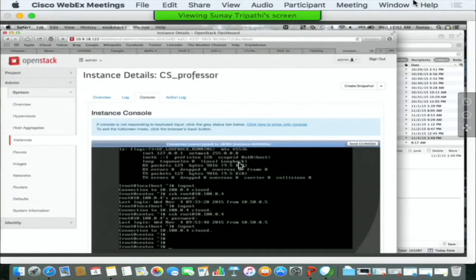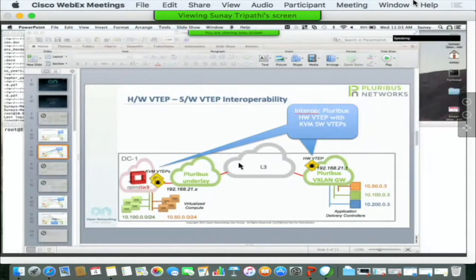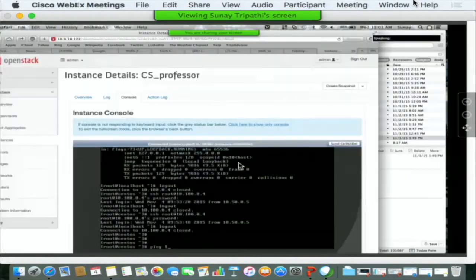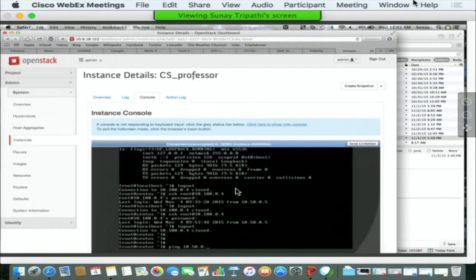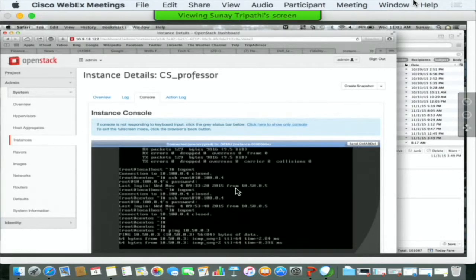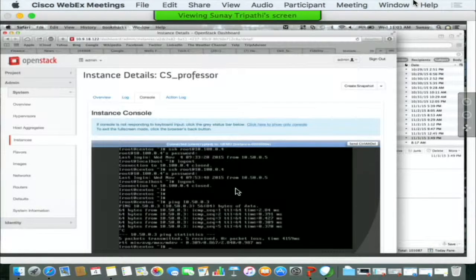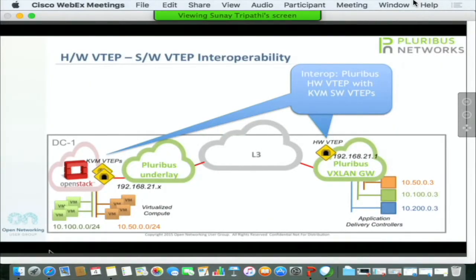Okay, here we go. We can do a ping of 10.50.0.3. You can see that the traffic is going through. The key part to note here, guys, is that as I demonstrated, from OpenStack Horizon we create the hardware-based VTEP on the switches, we create the software-based VTEP on the Linux KVM servers, and we connect them together and make that work. The next step I wanted to show you is that we did interoperability testing with Arista as